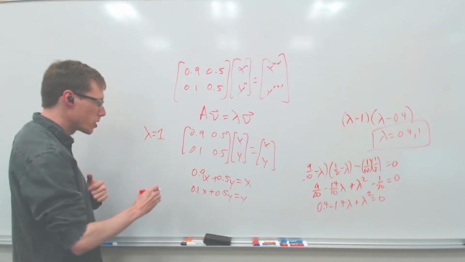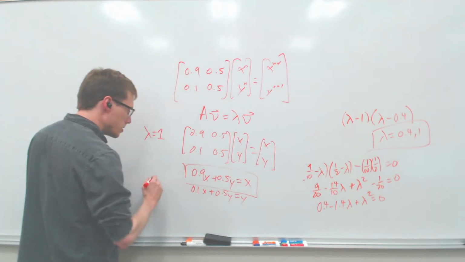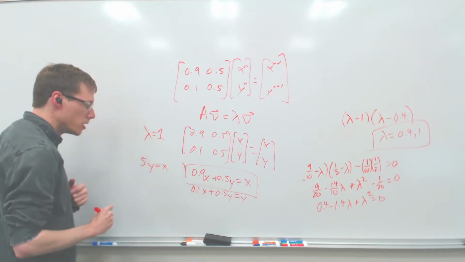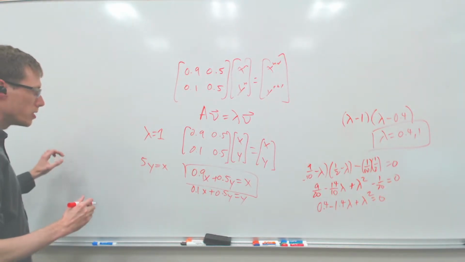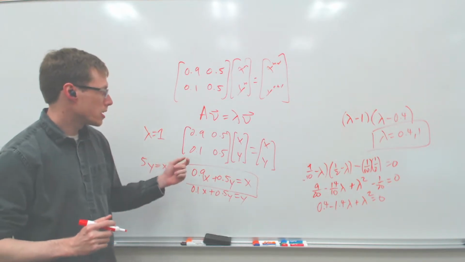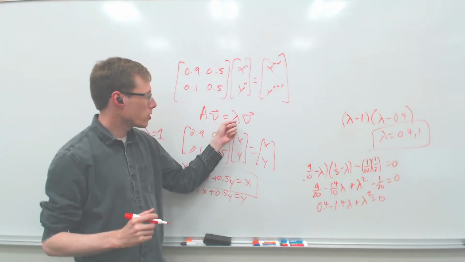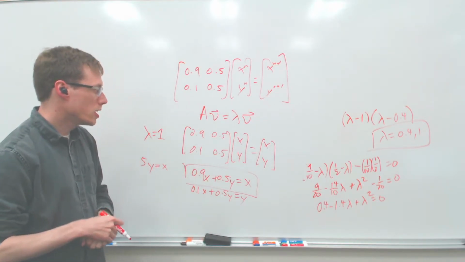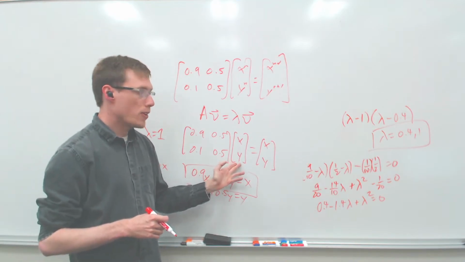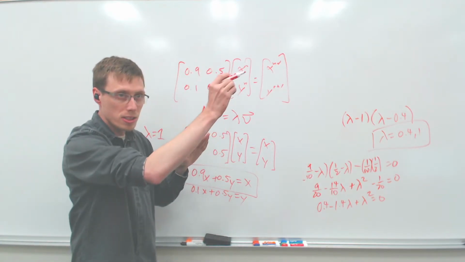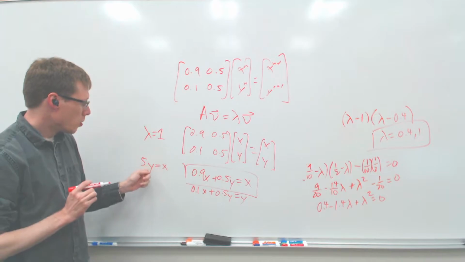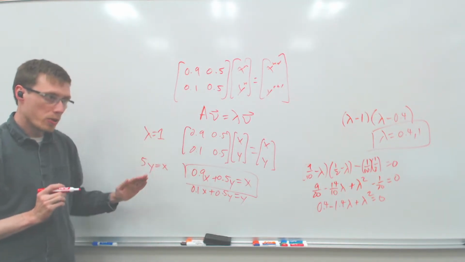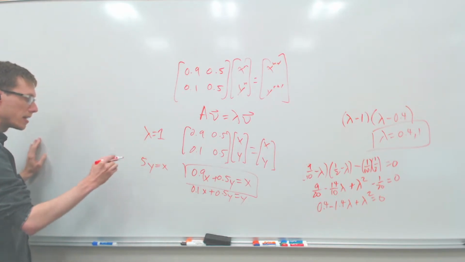In general, what we're going to get out of this is that 5y is equal to x. So in general, because all that any vector cares about for the eigenvector is the direction, and we've gotten that from the videos, we can actually choose any vector we want as long as it's in that direction. So as long as x is equal to 5 times y, you can put it anywhere you want. You can have it be any length it wants.